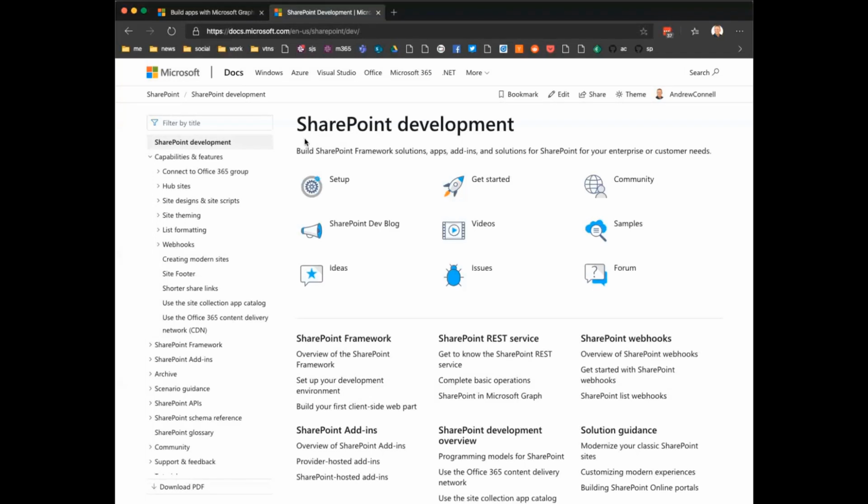So what we've done is we've renamed that to capabilities and features. So it's more like, what can I do with the product? And anything that is related to anything that's kind of like the grab bag that doesn't fit any specific development model. For example, customization or declarative-based customizations like site theming or list formatting or site designs and site scripts or